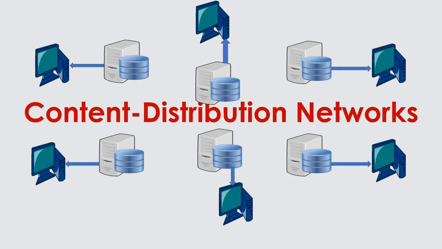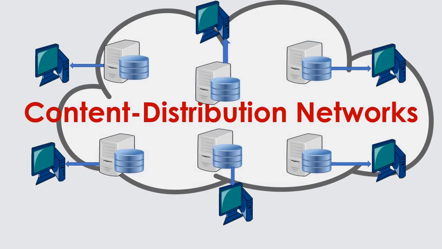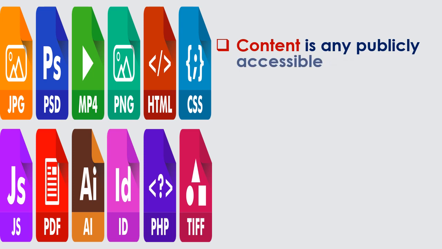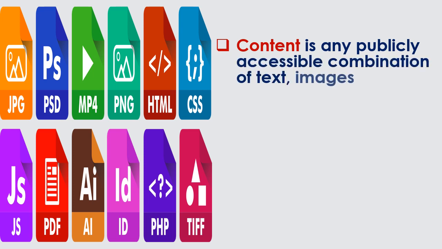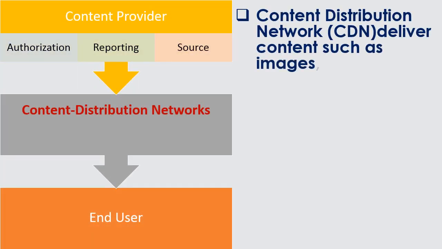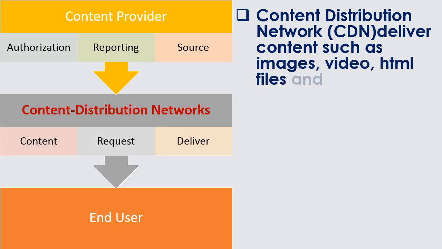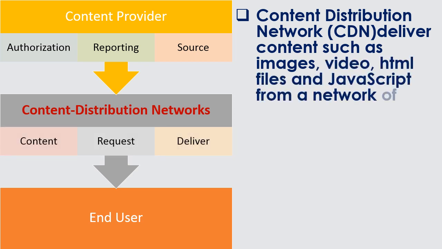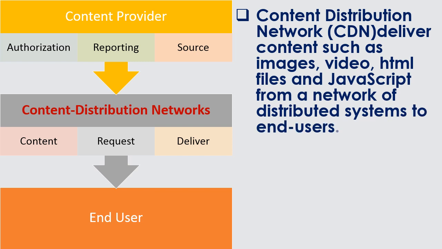Content distribution networks. Content is any publicly accessible combination of text, images, MP3, video, etc. A content distribution network, CDN, delivers content such as images, video, HTML files, and JavaScript from a network of distributed systems